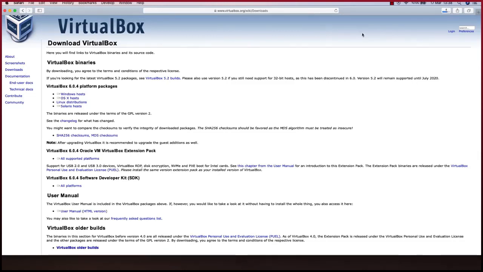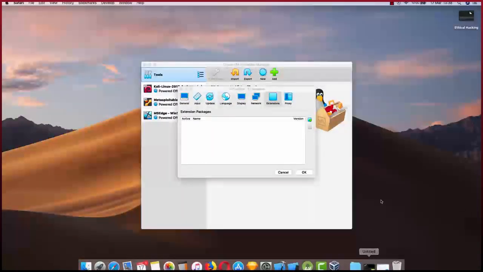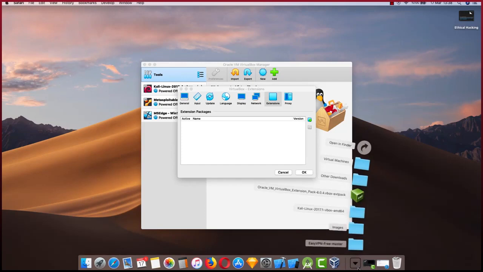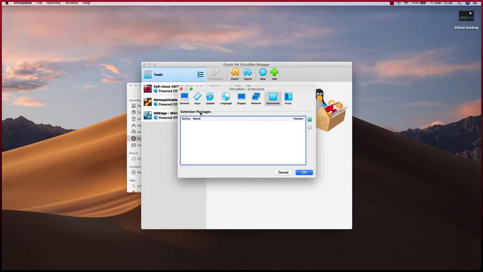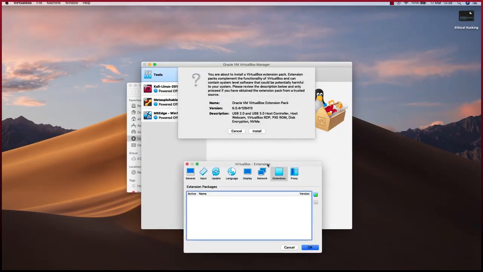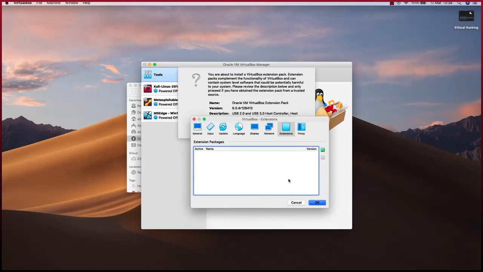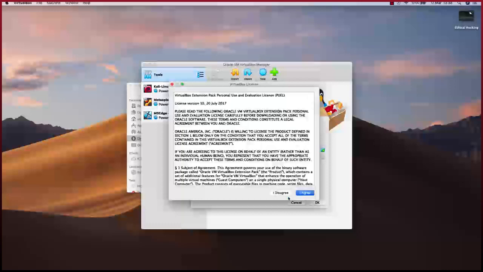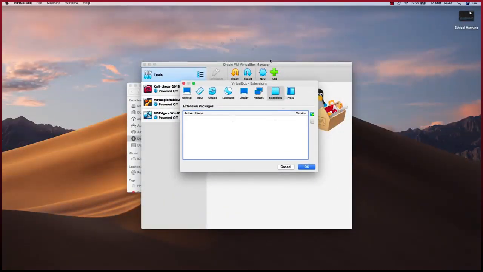So it's less than 20 megabytes, so it's going to be rather quick. Once it's downloaded, you may go to your downloads one more time from here or your own Finder and double click on this extension pack. So it should ask you something like this, but sometimes it doesn't pop up. So I'm going to show you how to manually install this. So let me say I disagree, and if it doesn't show you like it's supposed to be,